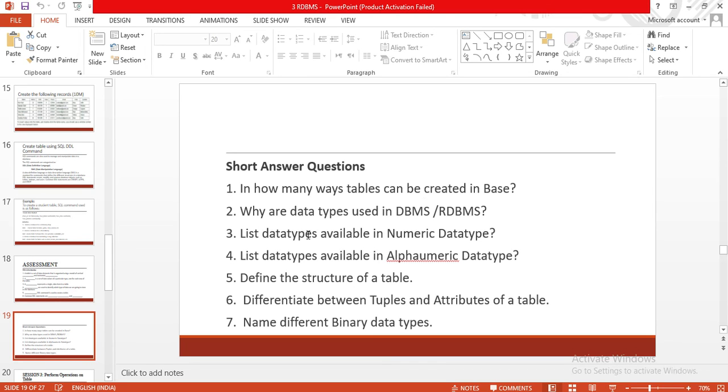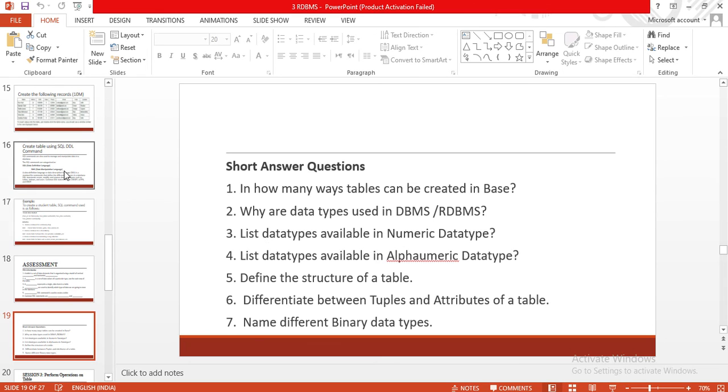List data types available in numeric data type. List data types available in alphanumeric data type. Define the structure of a table. Differentiate between tuples and attributes of the table. Name different binary data types. All answers are in the textbooks, in your study material. Search for them and write in your notebook.